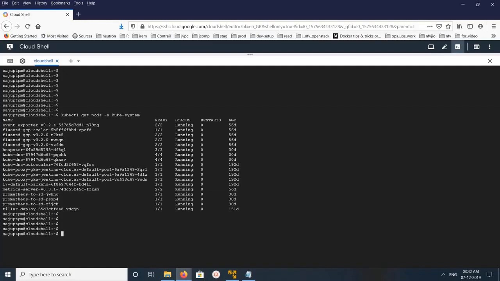Then Ready. In Ready, you can see something like 3/3. That means this pod has 3 containers. Those 3 containers are ready. Then 4/4 means this pod has 4 containers and all those 4 containers are ready. So from this Ready column you can identify how many containers are there in this